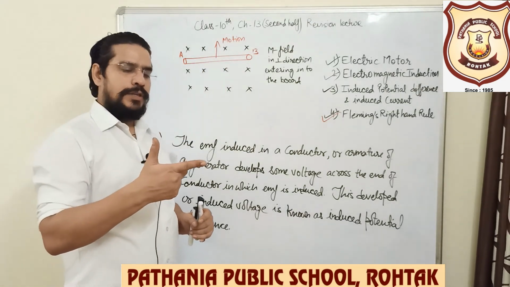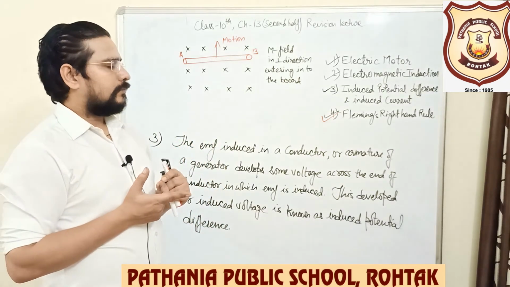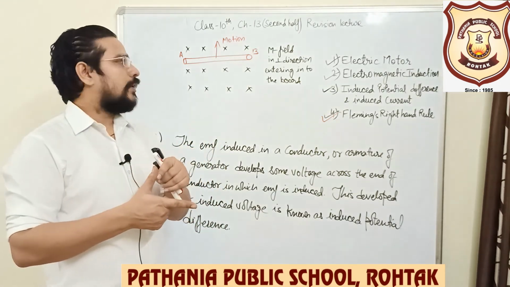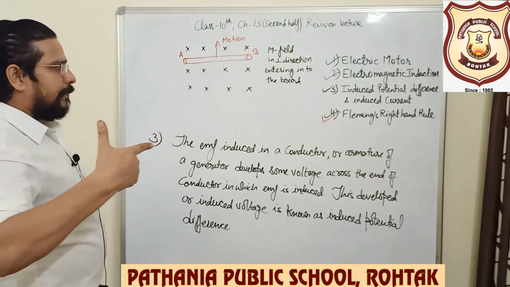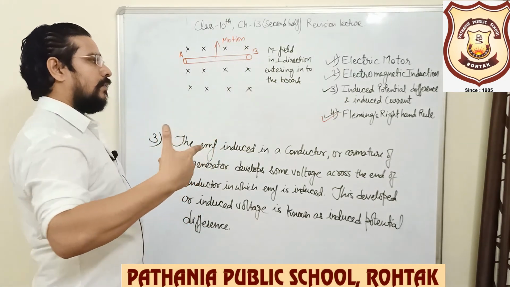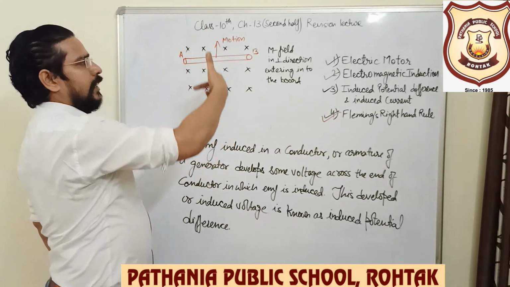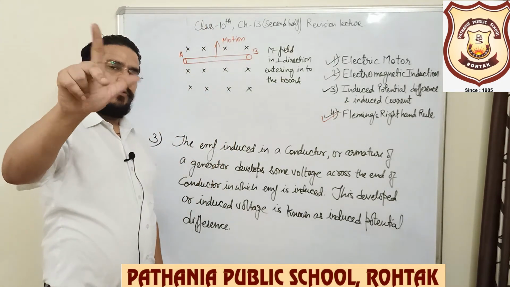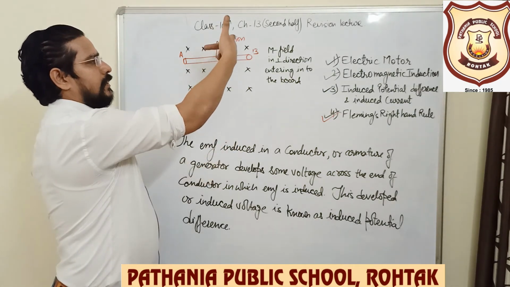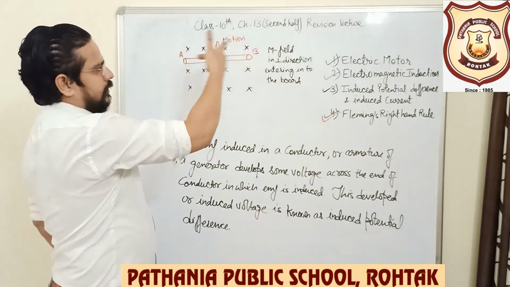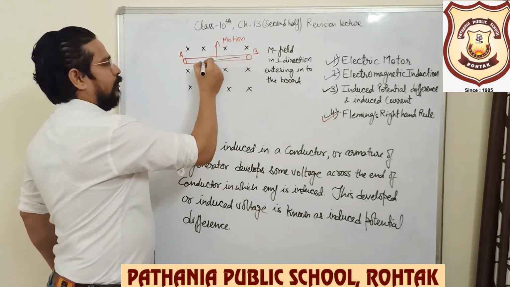Now Fleming right hand rule is used for finding the direction of induced current when we are applying the field and when we are applying the motion, or when we know the direction of force. So in this diagram you can see that magnetic field is entering perpendicular into the board. My thumb finger and two fingers are mutually perpendicular to each other. Magnetic field perpendicular to board. Thumb is giving us the direction of motion. So second finger is giving me direction of current. So a current will flow in this conductor from B to A.